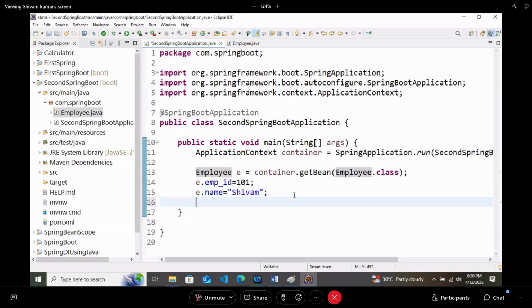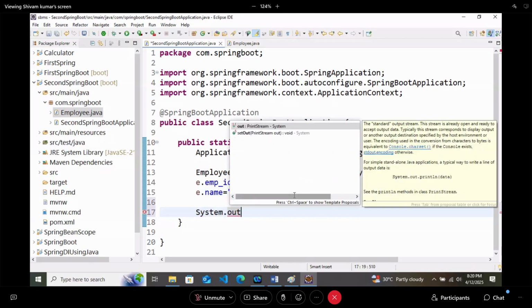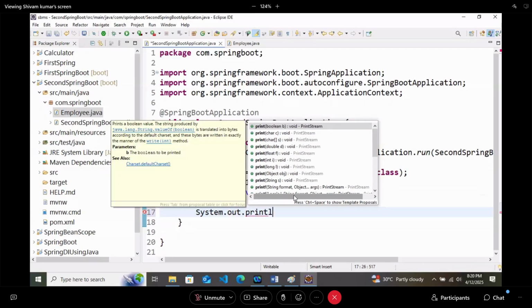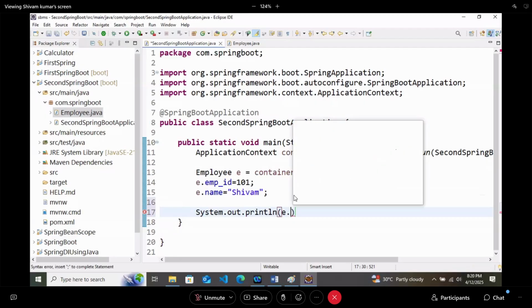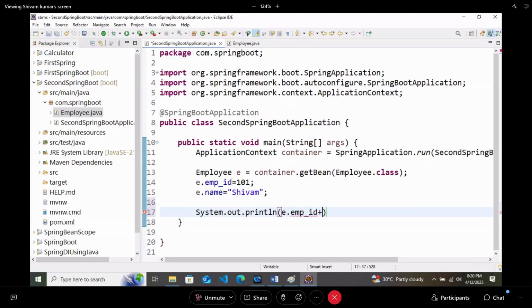So this is one employee that we have created using container. What if I try to print the employee's details as getter setter methods are not there? So how we have to print: e dot empid plus with some space then plus e dot name. Now we don't have to use get name and all those because those methods are not there.